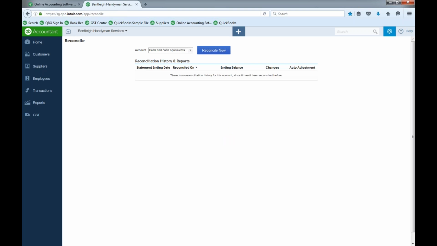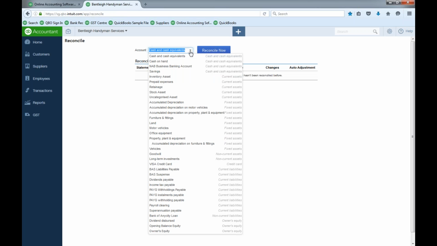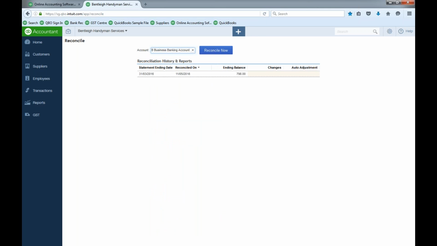So it doesn't just have to be our bank accounts. Every single account from our balance sheet, so all of our assets, all our liabilities, and all our equity accounts are all listed here, and we can go through and reconcile them exactly the same way we do with a bank account. So just pick up your bank accounts here and make sure that the statement ending date is the